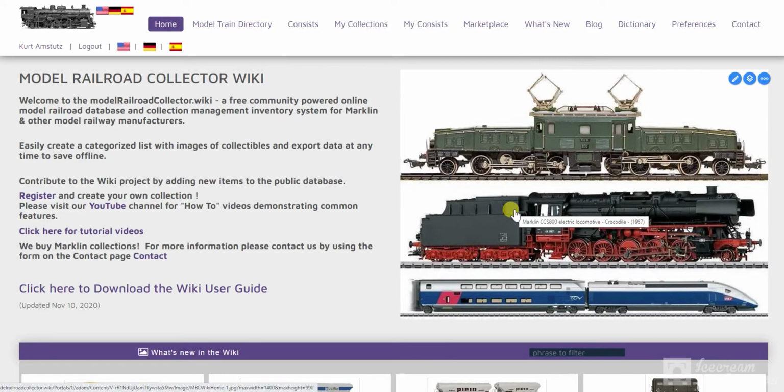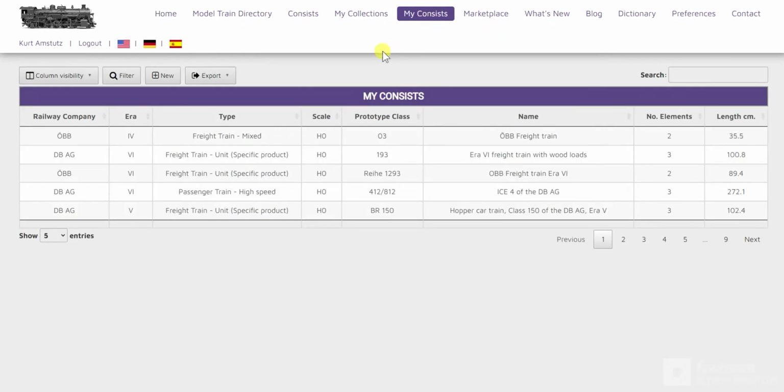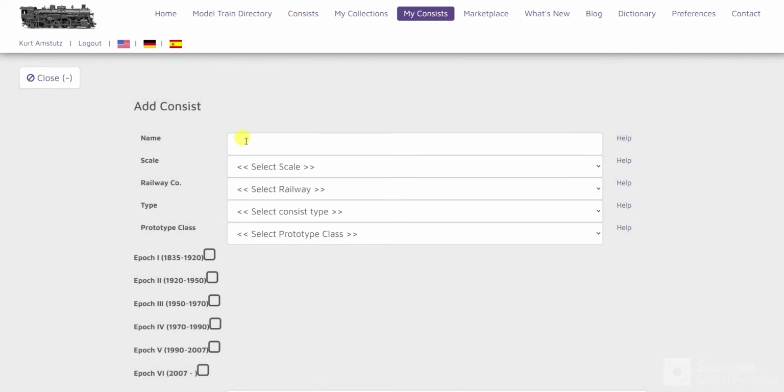Here's a short video to show how we create a consist in the Model Railroad Collector Wiki. To start out with, log in and click on the My Consists button. Click on New, and I'm going to add a TEE train here, so I'm going to call this Kurt's TEE